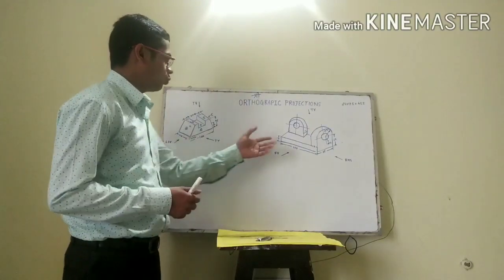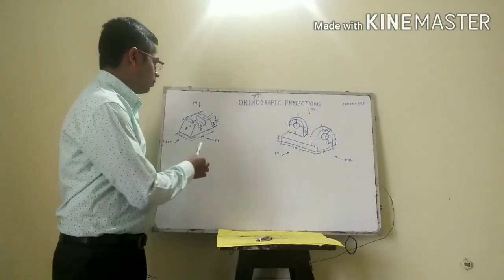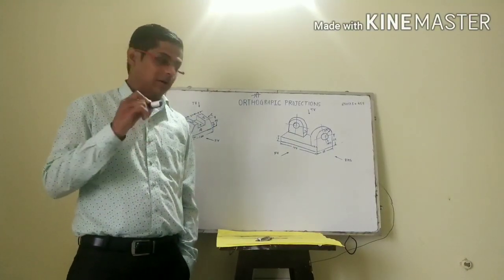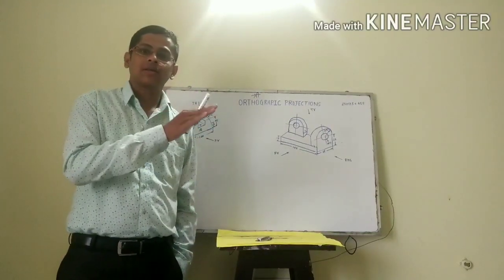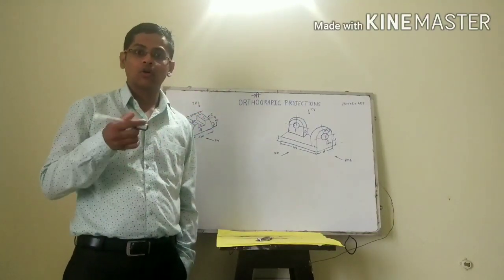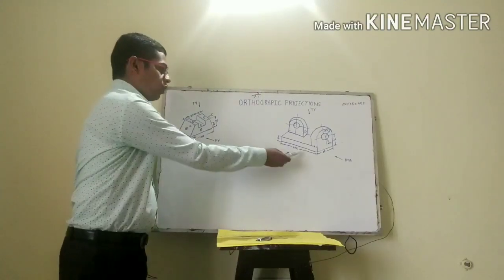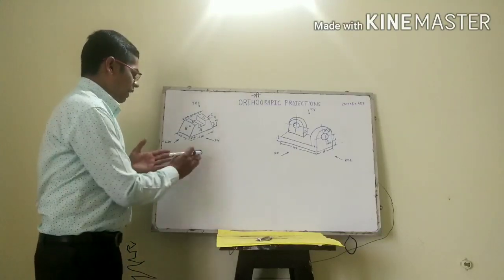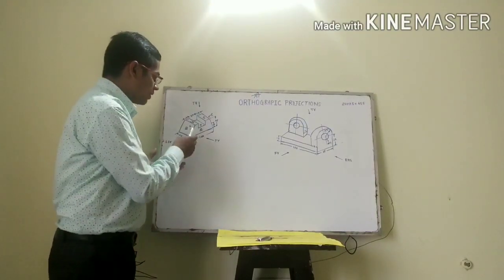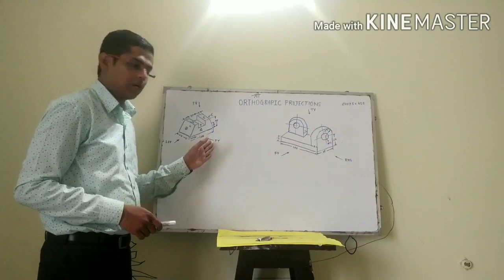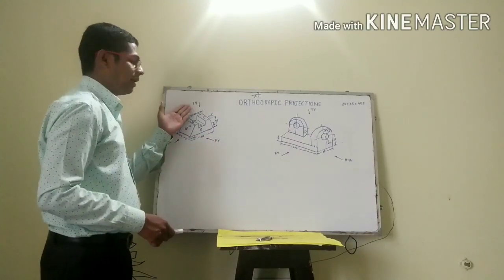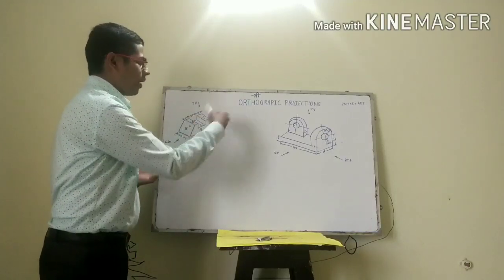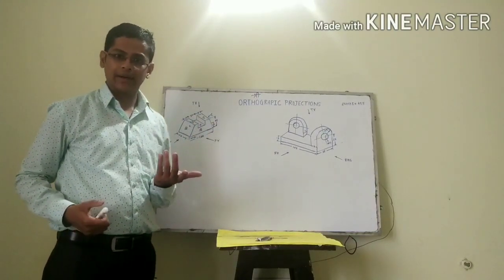In front of you there are two diagrams. Keep one thing in mind: for isometric they will give you orthographic as a question, and for orthographics they will give you this kind of isometric diagram as the question. How will they give it? If you consider this diagram, they have said front view, left side view and top side view. In some cases they will give you front view, top view and right side view. It is dependent upon the diagram.